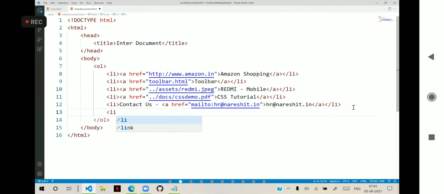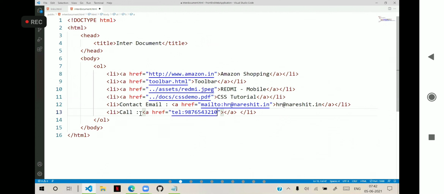Href is equal to, because call is for mobile, you can use the option tel, colon, and you can enter any phone number, suppose 987654321. Here I am giving the mobile number 987654321. Now, tel is a plugin that invokes the phone dialer. You can open the phone dialer and use it.